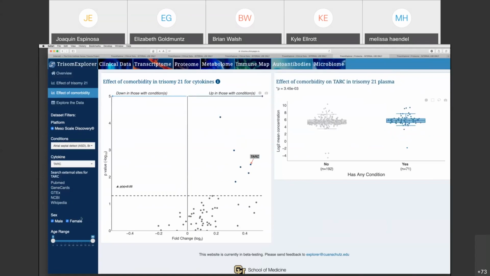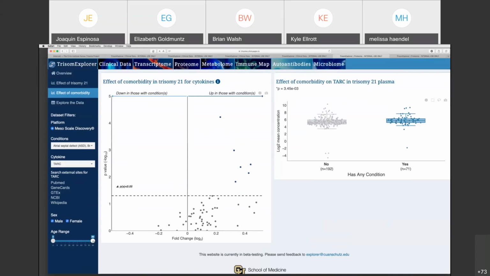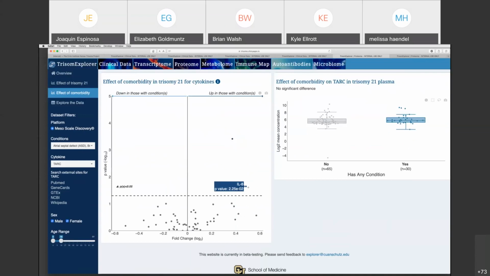And of course, I can unclick one of the sexes. Now I lose power. My numbers have dropped significantly because I removed all the males. And now TARC is still significant, but the p-value has dropped significantly. And again, I can come back and take the 2 sexes and now ask only about heteros. Let me drop this farther to 18 years old. And now I have IL-8. In the kids, I have IL-8, PHIF. So this is how,